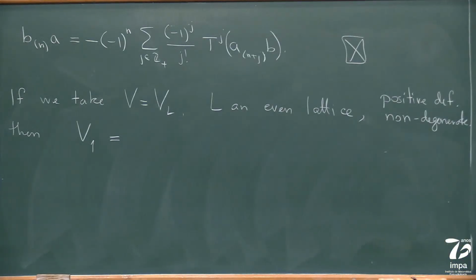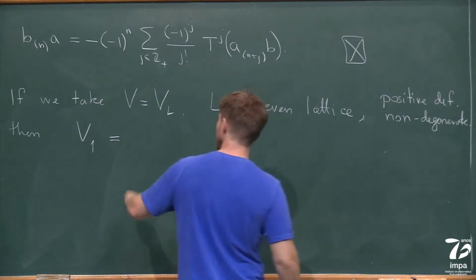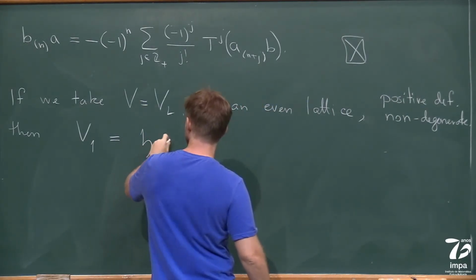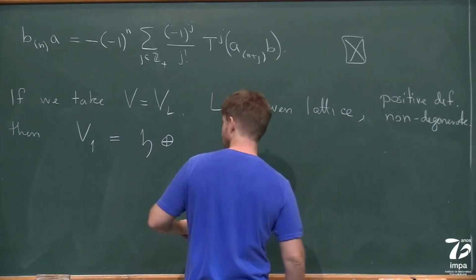And some things which are not essential for the construction, but which I'm going to assume implicitly, is that the form is positive definite and non-degenerate. And if L is an even lattice, then what is V1 going to be? We get a copy of H. Right, so